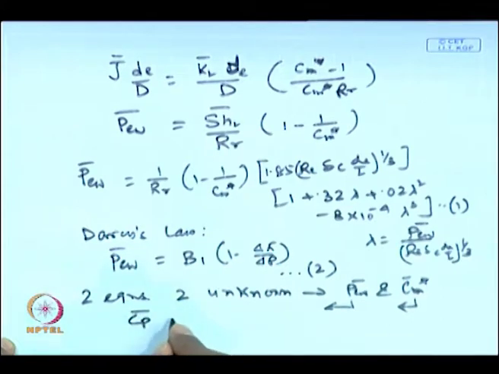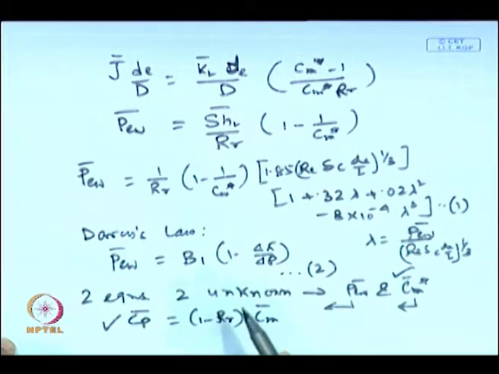That is, Cp is nothing but 1 minus real retention times Cm bar. So once you get the length averaged membrane surface concentration, you can estimate the length averaged permeate concentration. So this is the quickest way to solve the cross flow system in a rectangular conduit